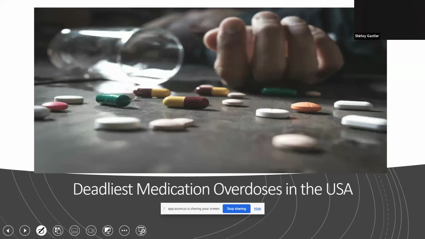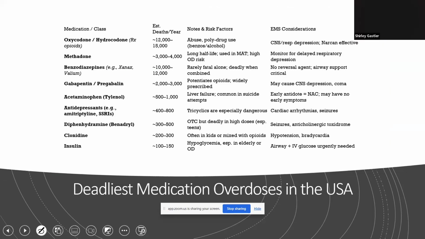How about the deadliest medication overdoses in the U.S.? We'll get back to it for a minute. Pain meds, antidepressants, oxy, absolutely. Beta blockers are on there for sure. Let me go through the list, and remind me we're talking about weight loss drugs. Obviously your opiates are up there, and you can wrap in methadone with that as well. Those are your respiratory depressants, same thing with your benzos. Honestly, I was surprised to see gabapentin and pregabalin up there, a medication that I write a lot more than I gave credit for.